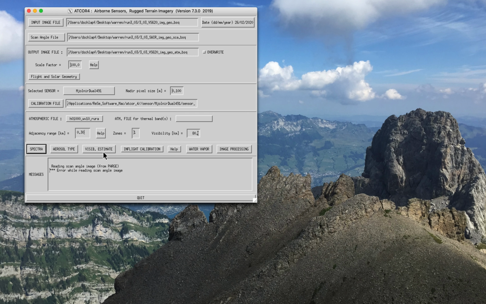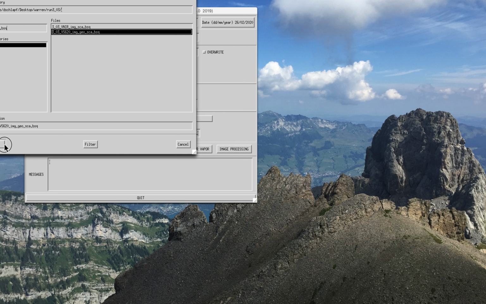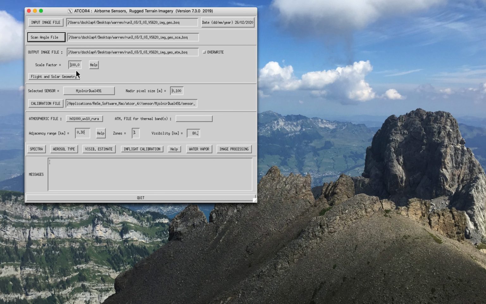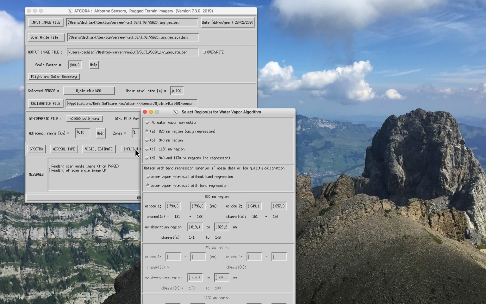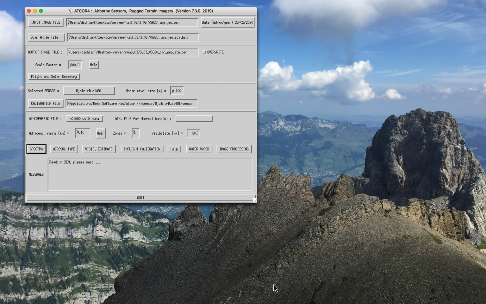So first we can do a spectra check, as the scan angle file doesn't seem to be correct. Yeah, it's the wrong one. That one is the correct one. So let's see if this is still correct. Yeah. So the scan angle file is now the one corresponding to the image, and we can do the spectra check. It does some water vapor retrieval here. So afterwards we'll do it without, but we'll see how it looks like. It takes a while to calculate the water vapor LUTs, and then we can